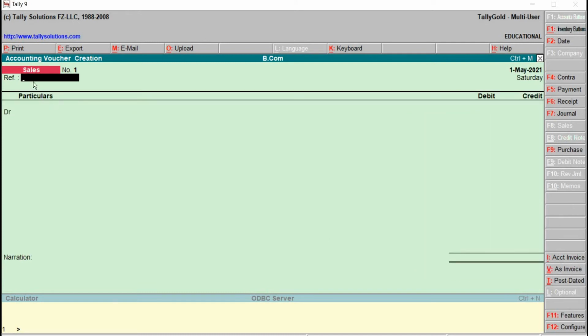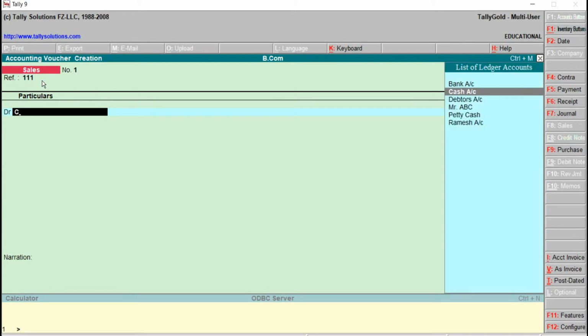Okay. Reference number can be given here. The reference number is treated as an invoice number, but Tally does not pick up the invoice number when displaying the bill-wise details of a customer's outstanding. Instead, this captures the voucher number as the invoice number for the sales. Okay, even though, let's provide here the reference number, I just provide here 111.